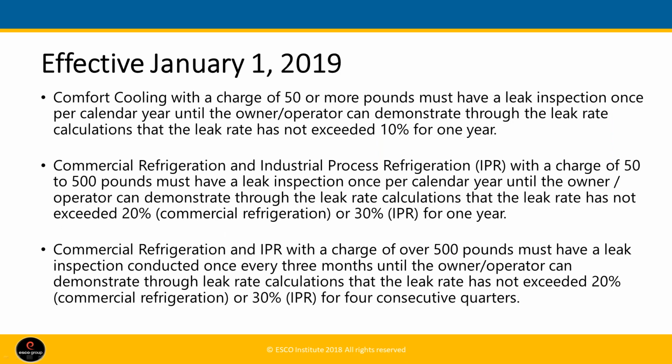When a system is used for dual purpose, the maximum leak rate is determined by the highest use percentage. The breakdown for commercial refrigeration and industrial process systems is 50 to 500 pounds, and those that are over 500 pounds. So for comfort cooling systems with a charge of 50 pounds to 500 pounds, must have a leak inspection once per calendar year until it is demonstrated through leak rate calculations that the leak rate has not exceeded 10%